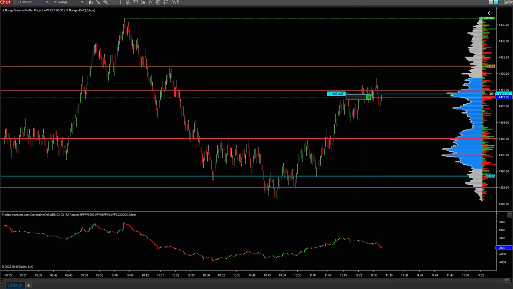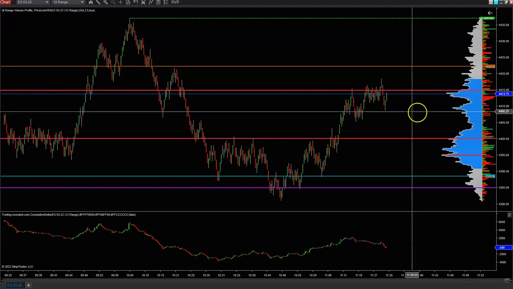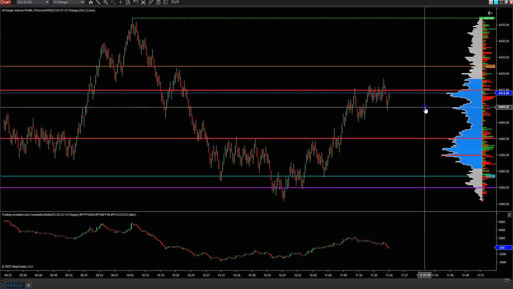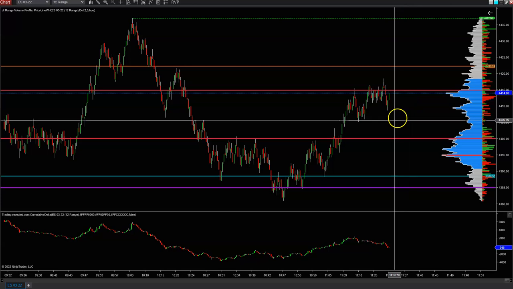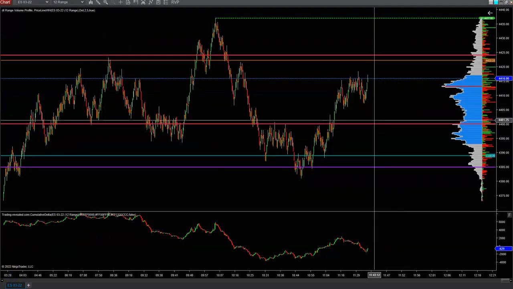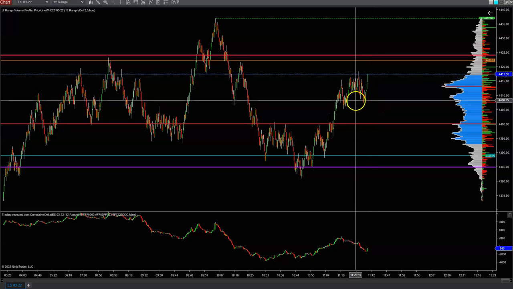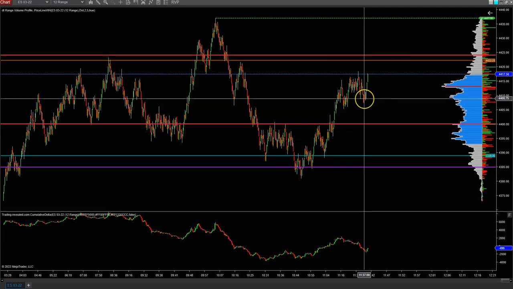Taking a quick little scalp. Go, quick scalp, back to the upside here to this high volume area here. All right, market's moving sideways, but still able to scalp. All right. So the trade that I took off of, I think it was this area right here, was a